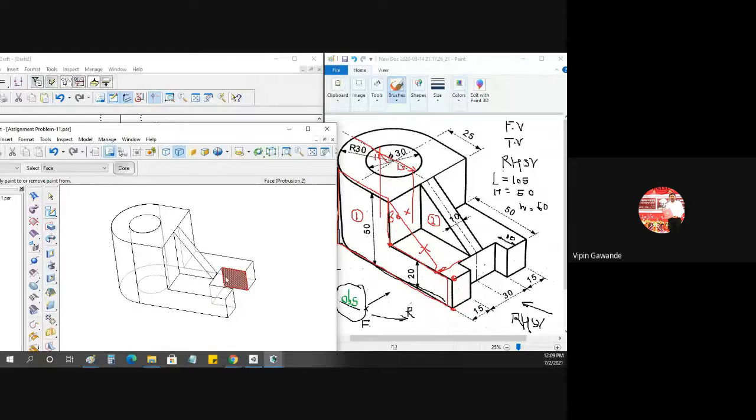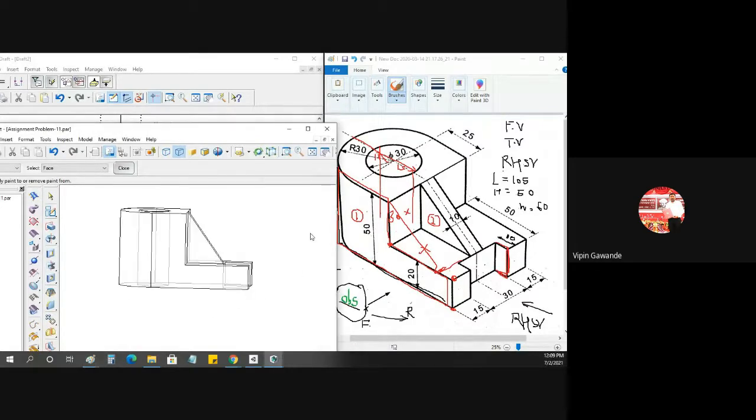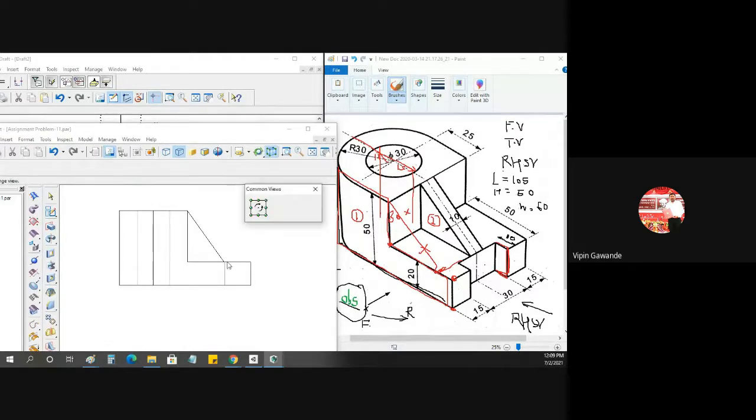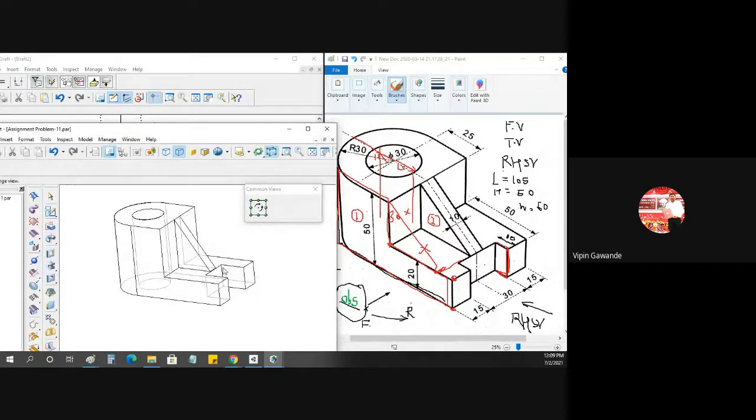This line we have to draw dotted, because all the remaining three lines, if you see here, these three lines, they are coming on the boundary. See, 1, 2, and 3. These lines are coming on the boundary. Only one line is coming in between. So this line is coming in between.